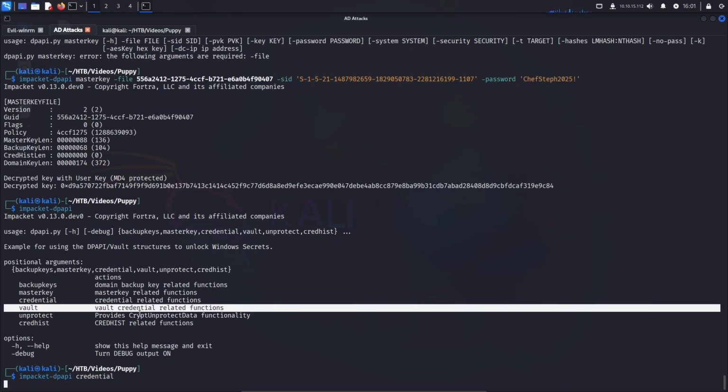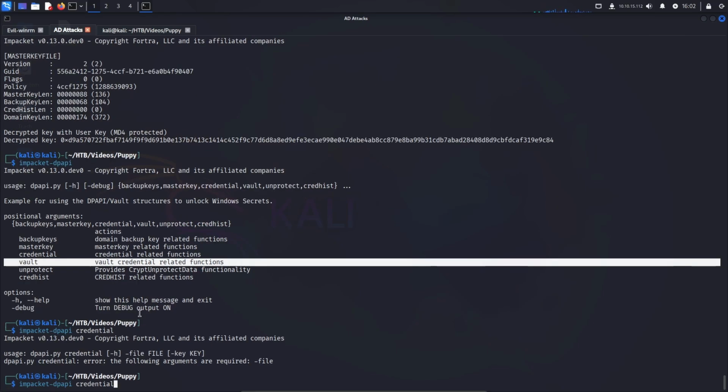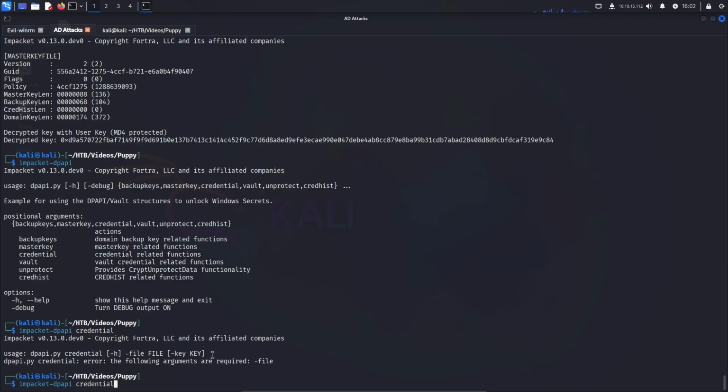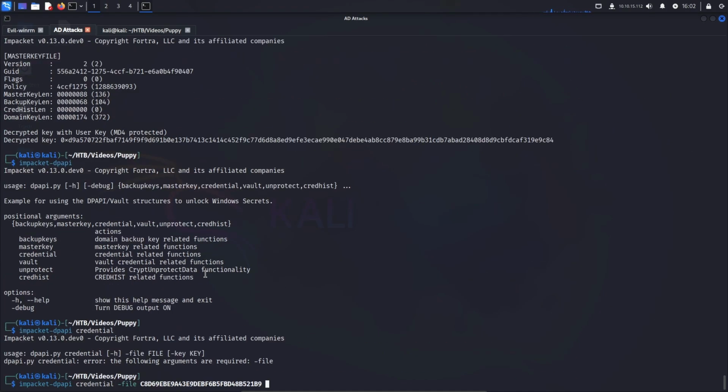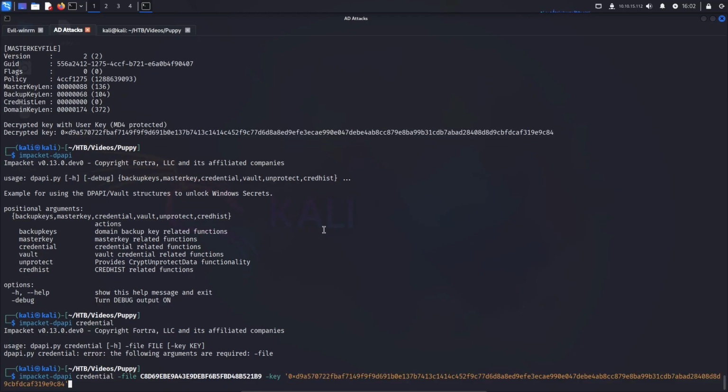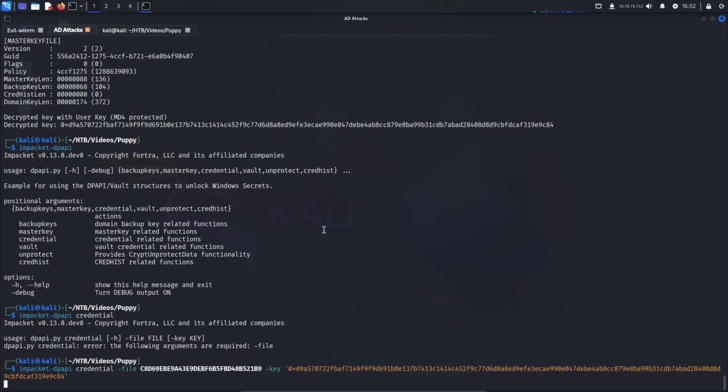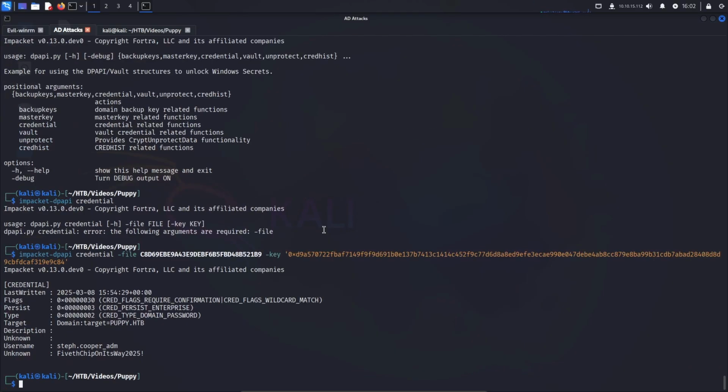So dpapi credential, and we need two things. We need the file and we need the key. So our credential file is going to be this one, C8. And our key is going to be the one we just decrypted, which is not that, but this. So we paste that in, we have our credential file, we have our decrypted master key, we click enter, and there we go. We are able to successfully get into this credential blob and read that the username of